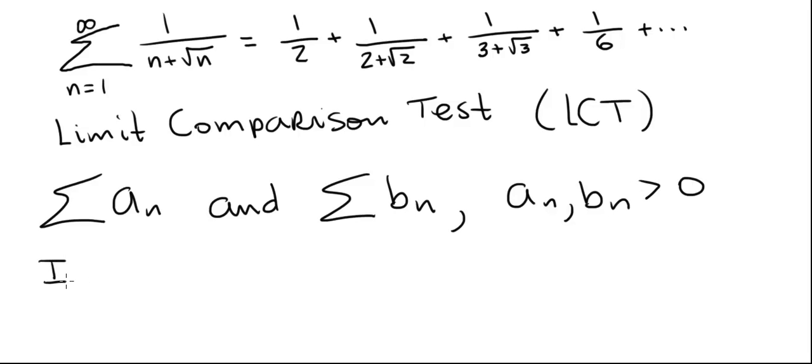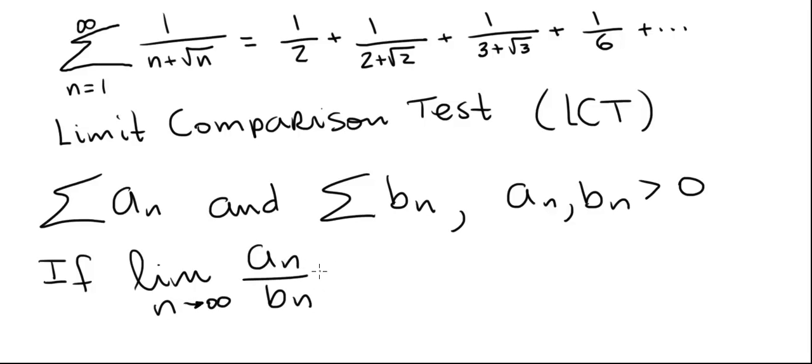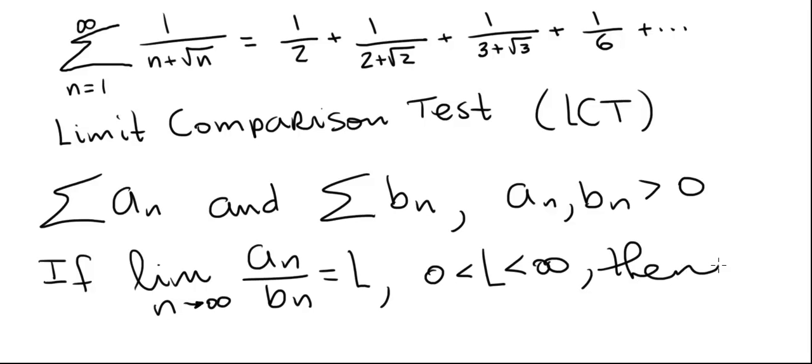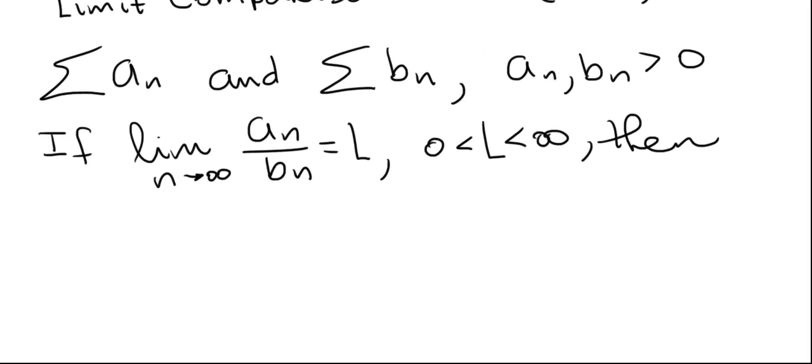And if the limit as n goes to infinity of A sub n over B sub n is equal to L, such that L is positive and finite, then the conclusion is both series behave the same way as far as convergence or divergence. So then either